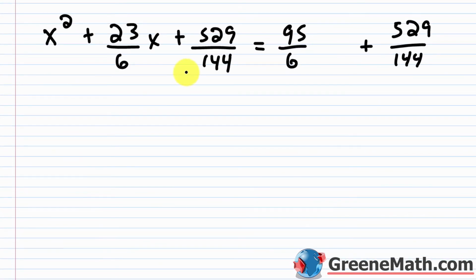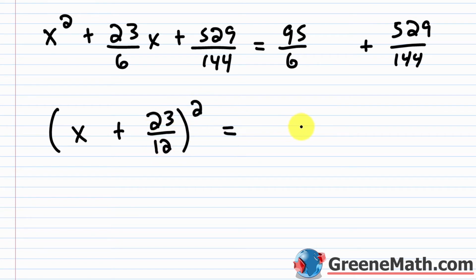All right, so on the left side, I can factor this into a binomial squared. So this is x plus 23/12, squared, and it's going to be equal to, over here, to get a common denominator, I need to multiply this by 24 over 24, since 144 divided by 6 is 24. So 95 times 24 is 2,280. And then 2,280 plus 529 is 2,809. So this would be